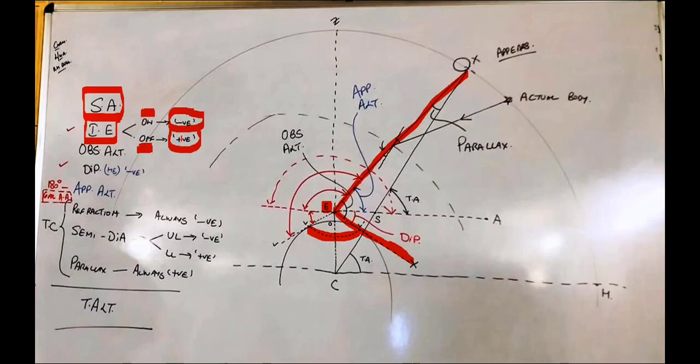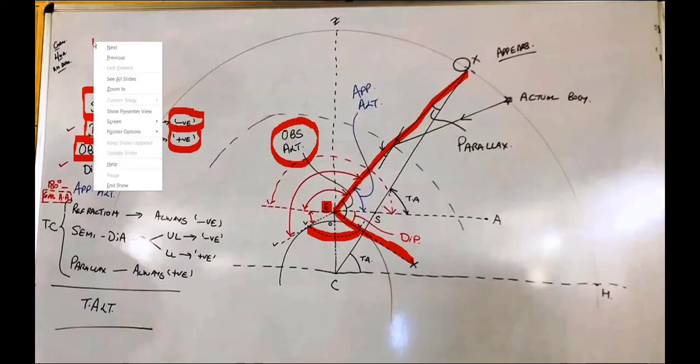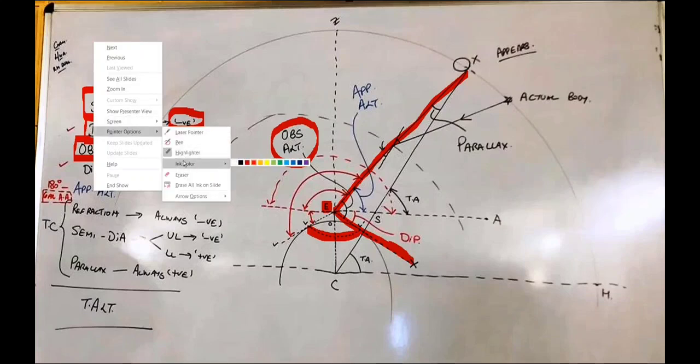Once you apply the index error, the altitude which we obtain is known as the observed altitude. So you see here, this red color angle which I have made here is the observed altitude of the body. So we reach up to the observed altitude. Now the next correction which we apply here is,